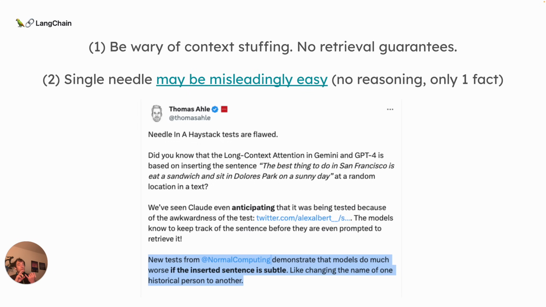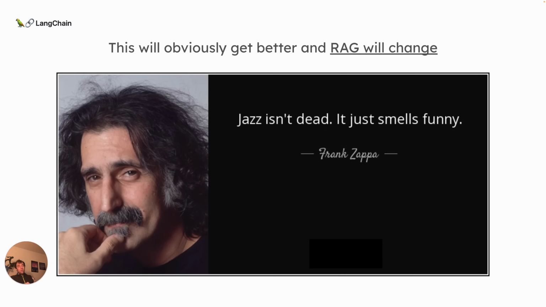You need to think about retrieval of multiple facts. You need to think about reasoning on top of retrieval. You need to think about the subtlety of the retrieval relative to the background context, because for many of these needle in the haystack challenges, it's a single needle, no reasoning, and the needle itself is very different from the background. So anyway, those may all make the challenge a bit easier than a real world scenario of fact retrieval. So I just want to lay out those cautionary notes.